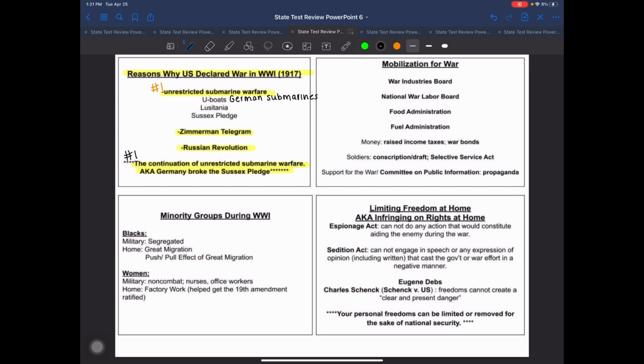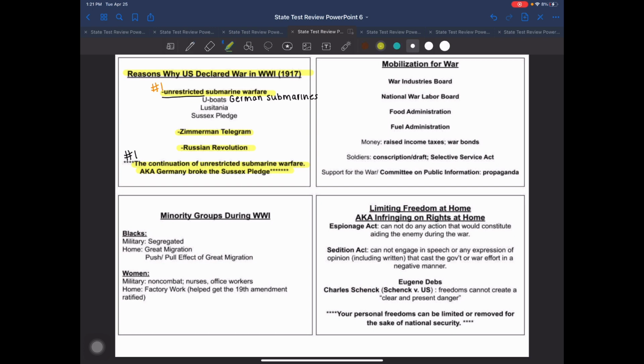We didn't have the technology of sonar at the time. We're not going to have that until later, closer to World War II. So these U-boats are engaging in something called unrestricted submarine warfare, where practically they are sinking anything and everything that they come across, whether it is battleships, war supply ships, or passenger ships, which brings us to